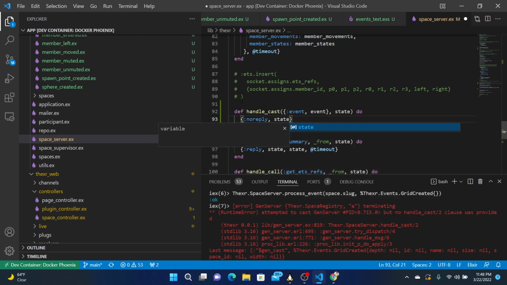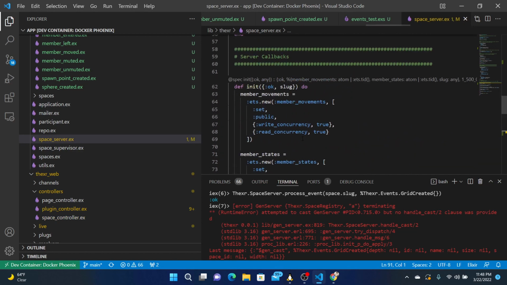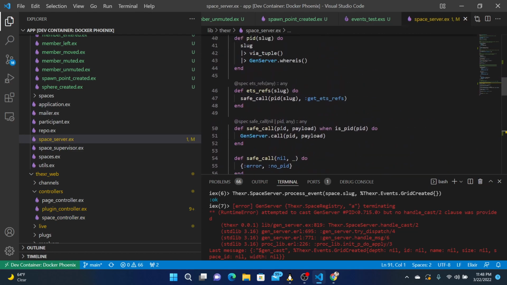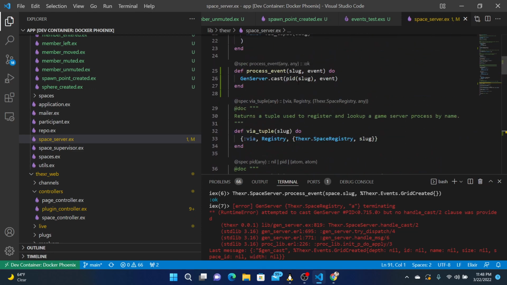A new state. And we'll do it this way. Event.